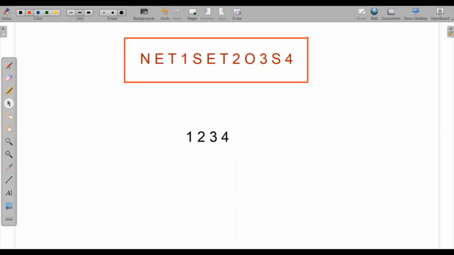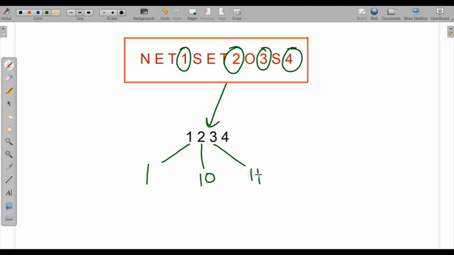In the last video, we studied both extracting digits from the string and calculating binary equivalent. Now we will do it together and in a sequence. Whenever I go through a string, I have to extract the numbers, which are 1, 2, 3 and 4, and display their binary equivalents: for 1 it is 1, for 2 it is 10, for 3 it is 11, and for 4, 100. We have already seen these two programs separately. Now we have to merge them together and display the output in sequence.